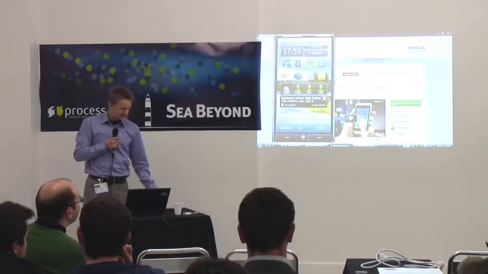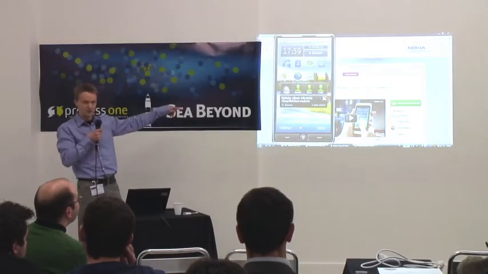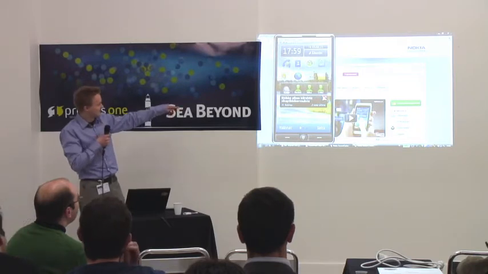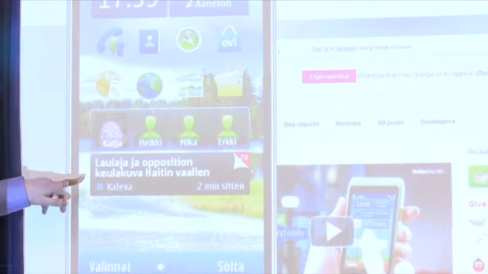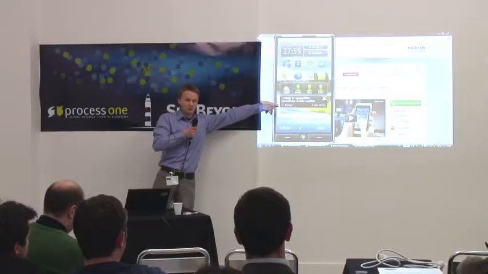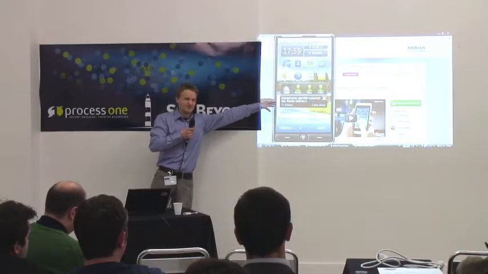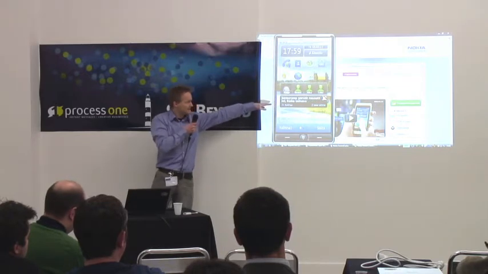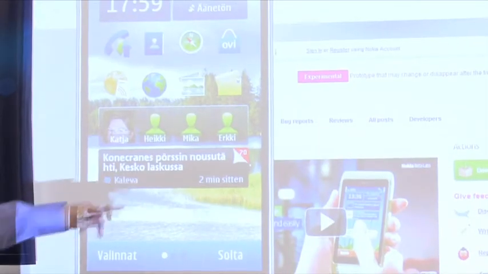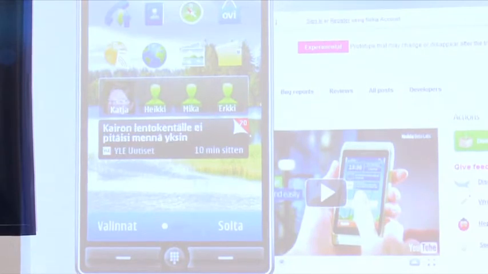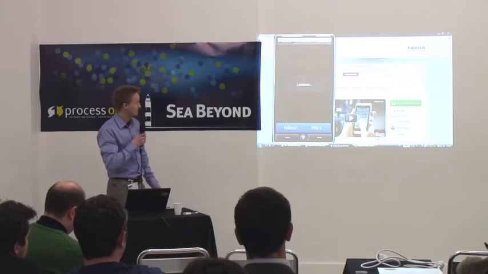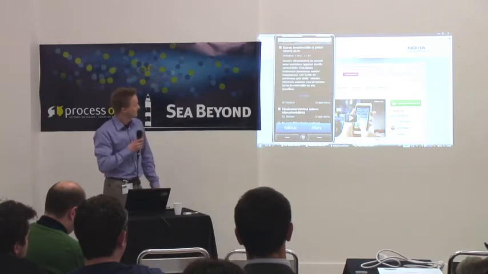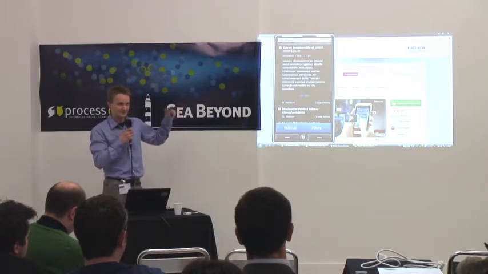So I have here my N8 connected, and you can see from the home screen that there is, unfortunately in Finnish, the recent news which are pushed to the device. So the device doesn't poll, everything is pushed, and during the presentation it shows 20 new messages. And when I tap it, it opens this kind of a reader,